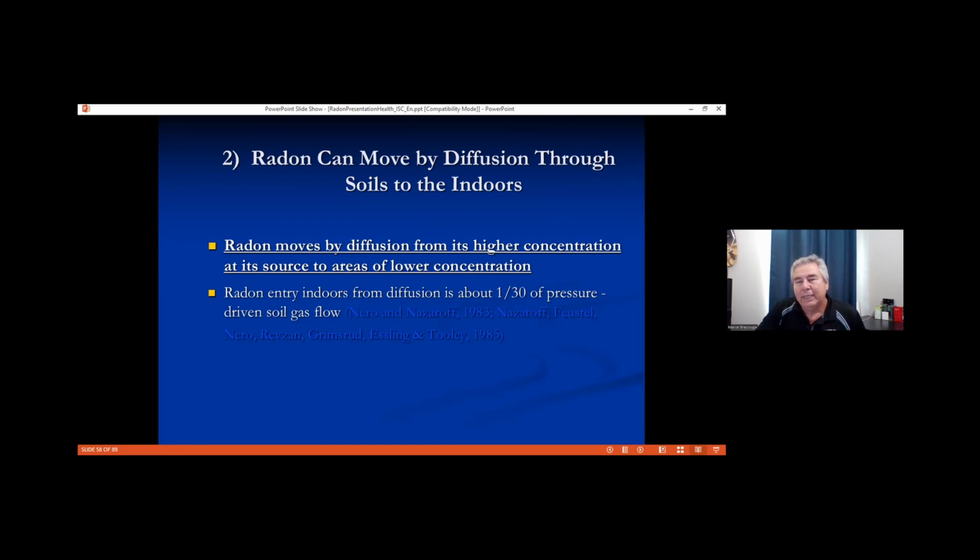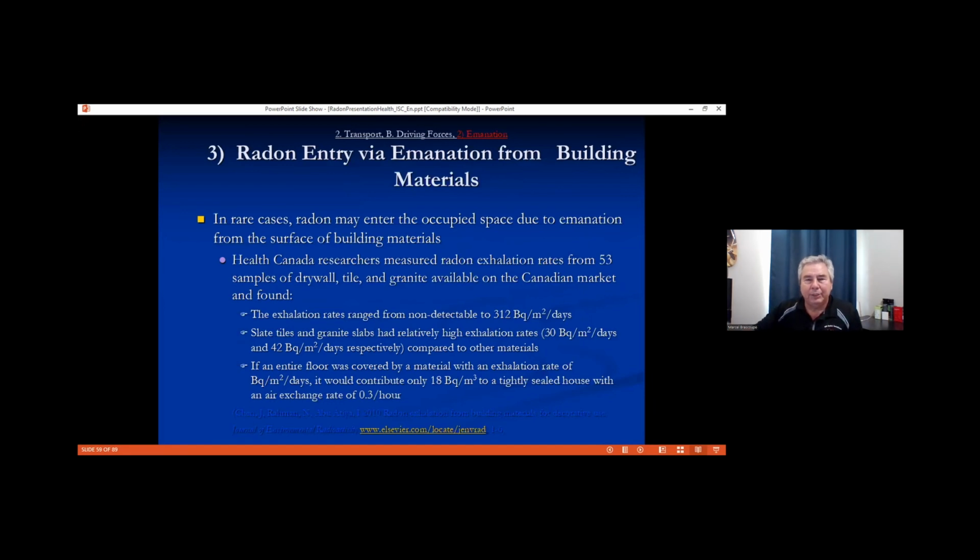So with that being said, for those that do work sometimes in basements of homes and they're breaking the concrete floor, just remember that when you're breaking a floor and you might be on your hands and knees picking up pieces of concrete, you may be breathing in levels of radon that may be in the thousands, like 20, 30, 40,000 becquerels per cubic meter. So in a case like that, it's good to wear a good quality P100 filter to do your work in breaking the concrete at that point.